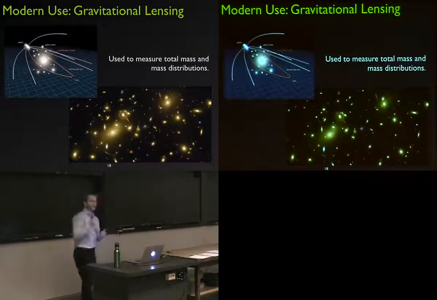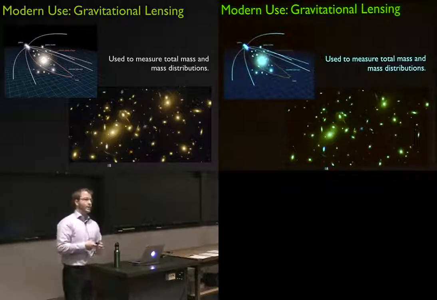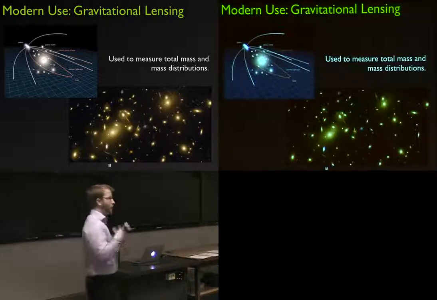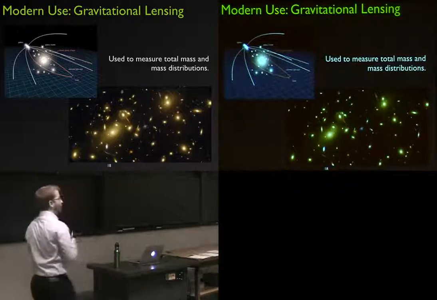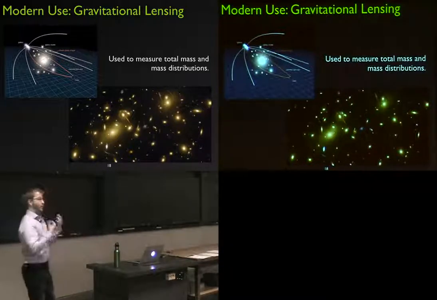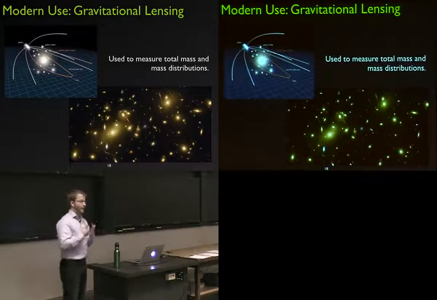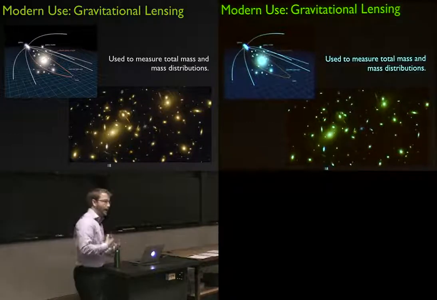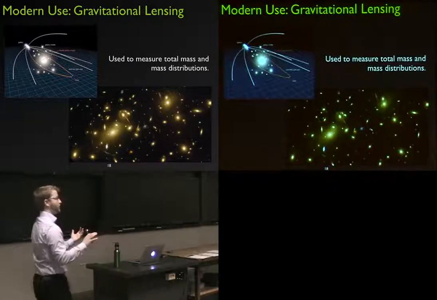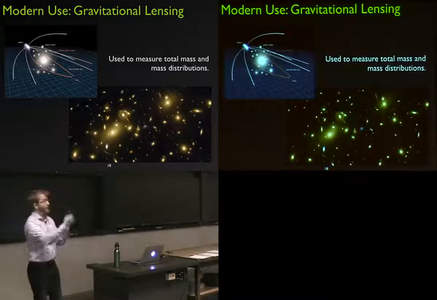And today, this is a very important effect for astronomy. We use it now to trace out mass in the universe. So most of the mass in the universe is not actually in baryonic matter. It's not in stuff that glows in galaxies. It's in what we call dark matter that doesn't emit light. It doesn't interact with things that do emit light. So it's very hard to find. And the only way that we can robustly find where all of this dark matter is distributed is by looking for the effects of its mass on the passage of light.